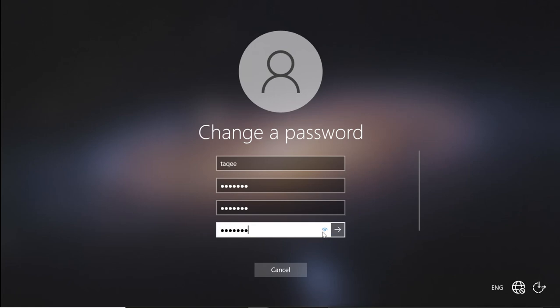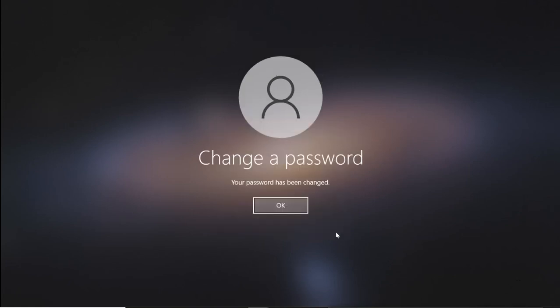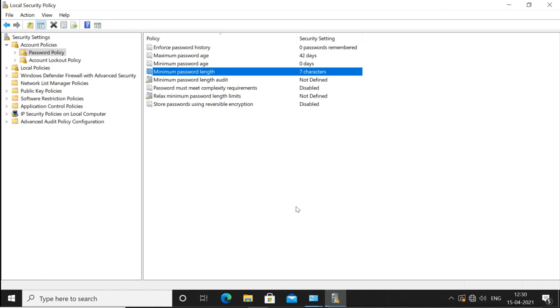So I am using 7 characters, and now it is changed because the policy is what? To have more than 7 characters. Now you saw what password I used: 1 2 3 4 5 6 7. The policy says you have to use 7 characters, but it is not secure. The password I use is still not secure. It is a very simplistic and very common password, 1 2 3 4 5 6 7.